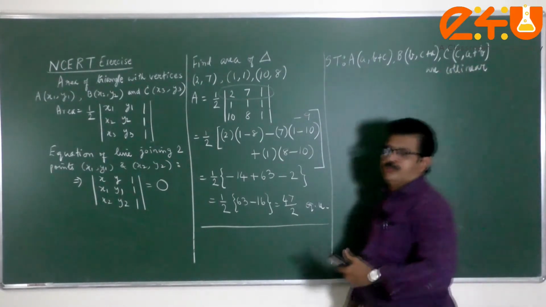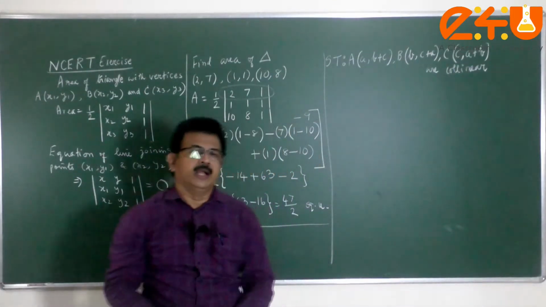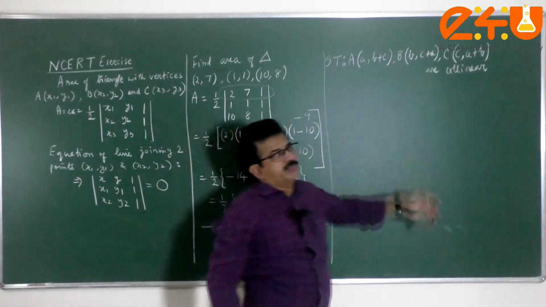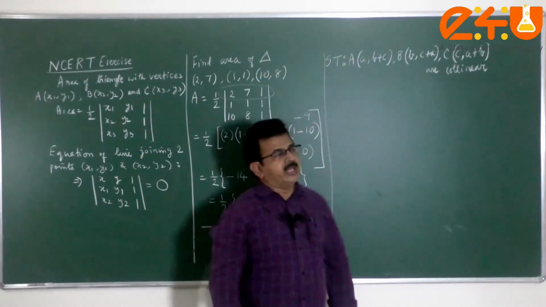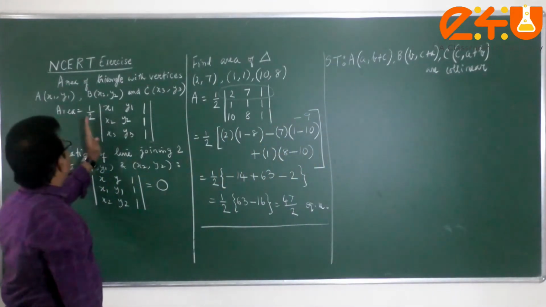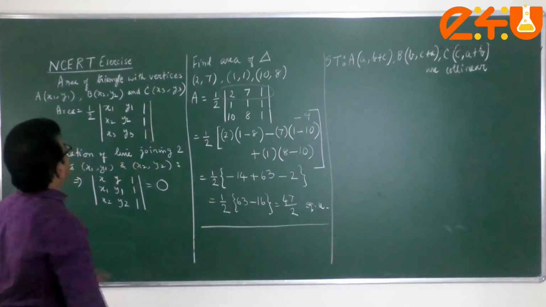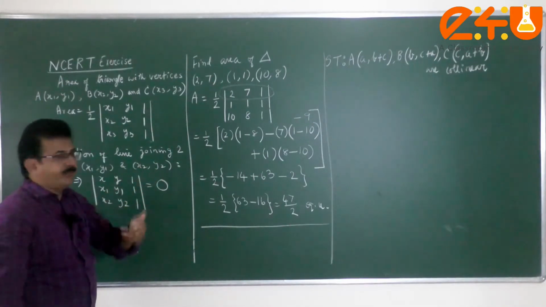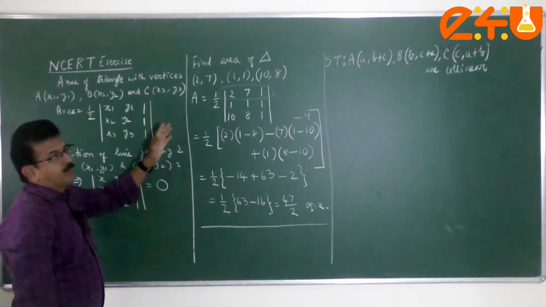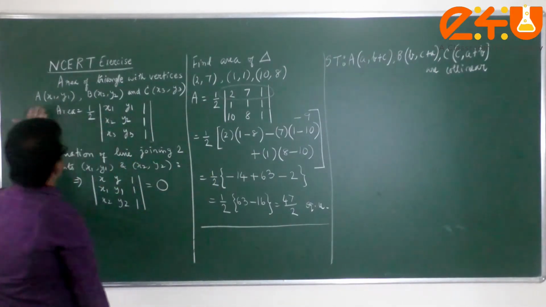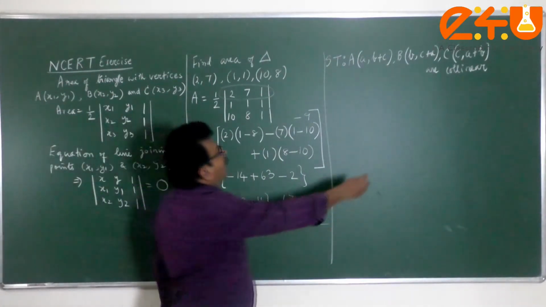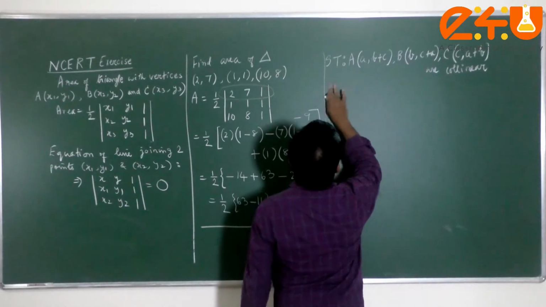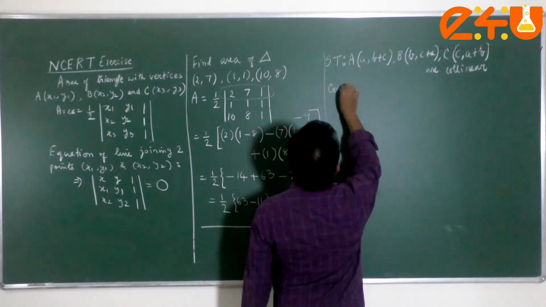So at the beginning of this session, I already told you that you can use the same procedure to show 3 points are collinear by showing that the triangle area is 0. If the triangle area is 0, then the half need not appear, because the area is 0. So double the area is also 0. So what happens? We just evaluate. So you can say, consider